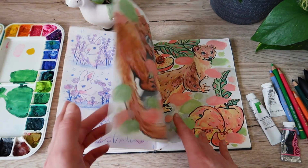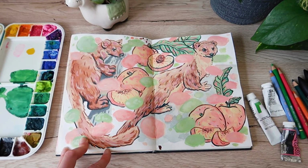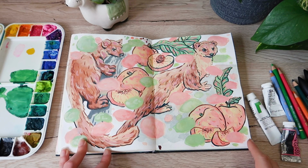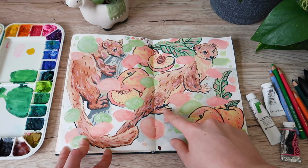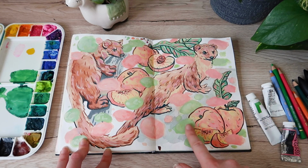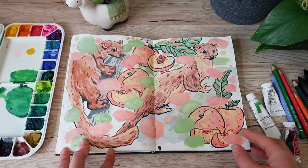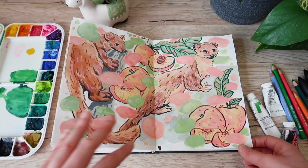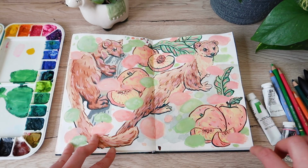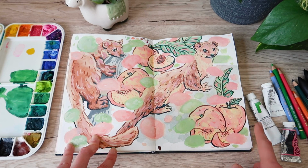So yeah, this was me trying to come out of this funk, being like, okay, I've done some drawing, I like it. I'd watched a video that Audra or Claire, I hope I'm saying that right, had done, where she was painting something, but she does all these cool abstract swirlies, and I was trying to emulate that a little bit, but I don't think I really did it very well. I really like her way of putting the paint down with all different colours, and I was trying to get a bit more of that into my work. And I think particularly with some of the peaches, I do think it turned out quite well, and some of the